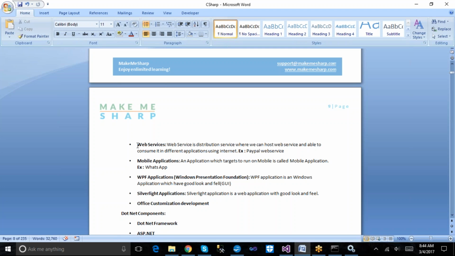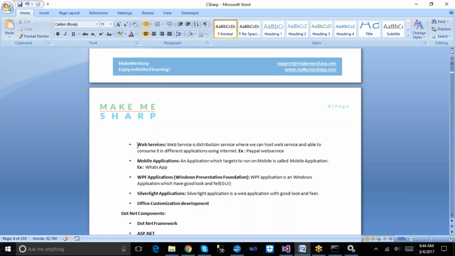Instead of writing the same common logic in each and every application, we can build that piece of logic in one web service and call it from any application. That's the intention of a web service.